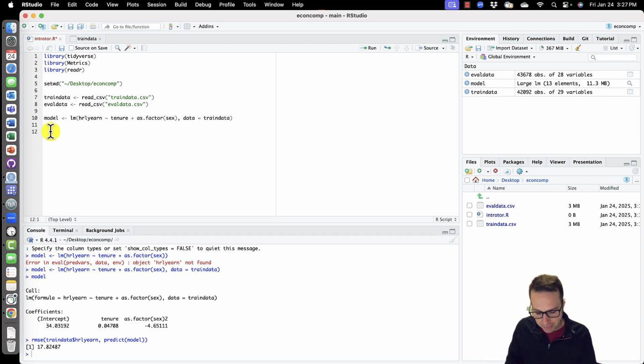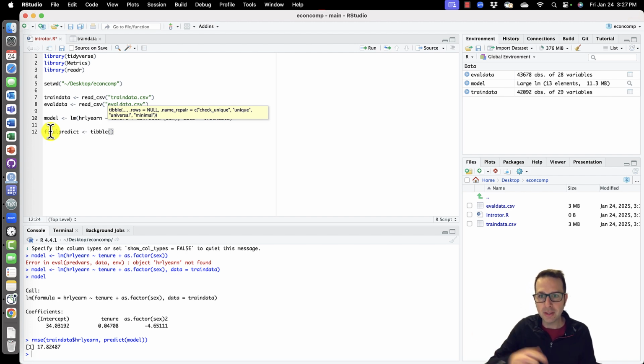So what we want to do, maybe save this in terms of a different object. Let's call this final prediction, final predict. And what we want here is to create a data frame. I'm actually going to create a tibble, which is basically the same thing as a data frame. And I want to save the things that we need to be able to submit this to the website as